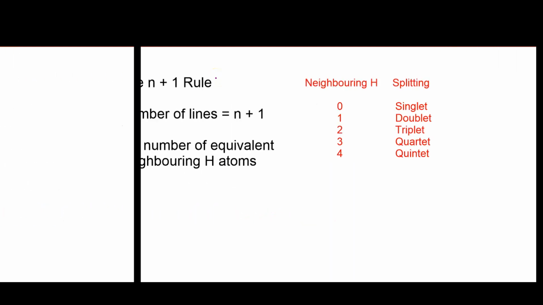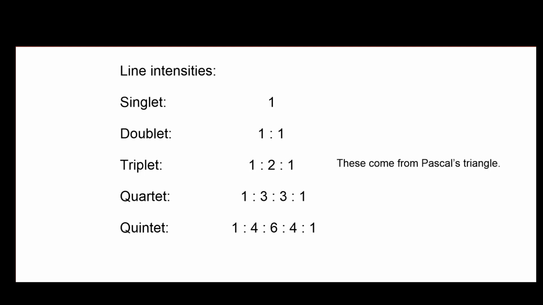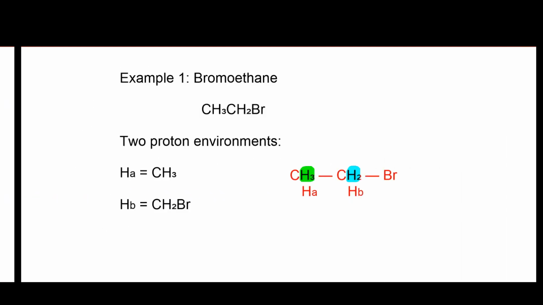For simple A-level proton NMR questions, we use the n+1 rule. If there are n equivalent neighboring hydrogens, the signal is split into n+1 lines. The n+1 rule tells us the number of lines. Pascal's triangle tells us their relative heights. A triplet has a 1:2:1 pattern. A quartet has a 1:3:3:1 pattern. Let's begin with bromoethane,